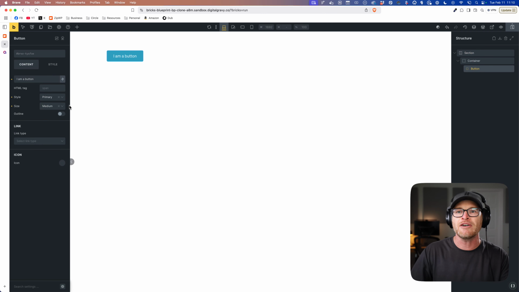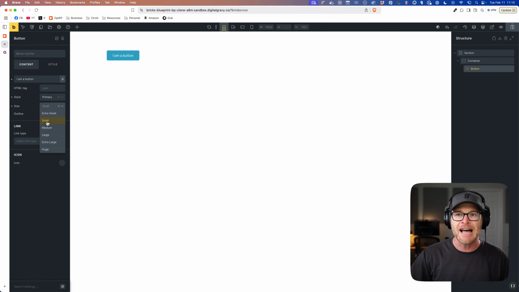I'm gonna go ahead and click on this and I'm gonna show you the dropdown now for style in here. I can do primary light, I can do primary dark. So these are my options. These are directly syncing with the buttons that I have active in the ACSS dashboard. I don't have neutral active. I don't have any other secondary. I don't have any other buttons active. It's only showing me the buttons that are active on the website.